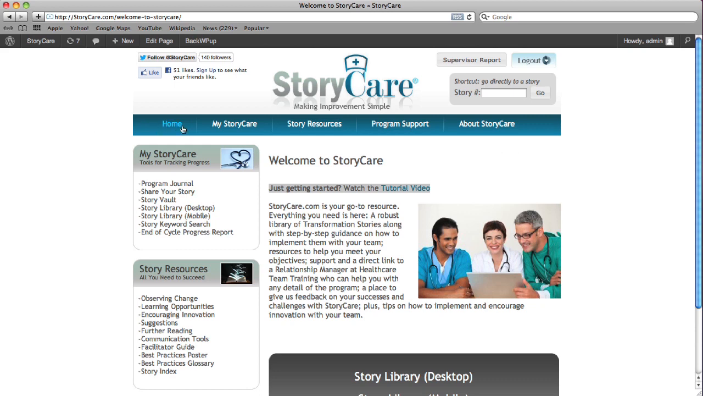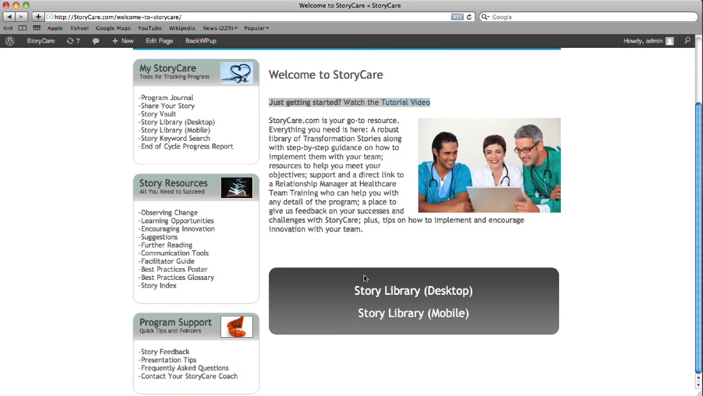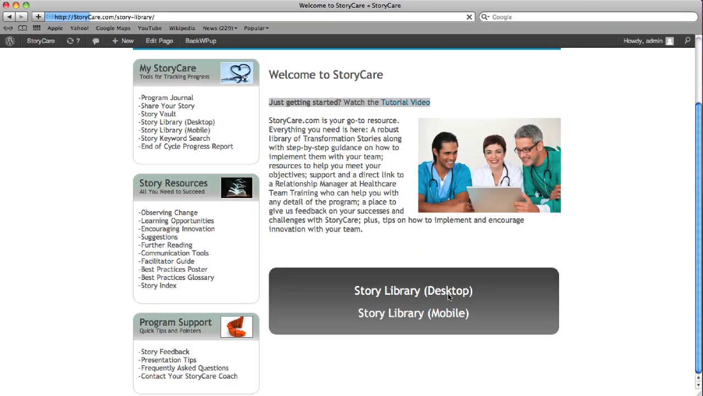But the most important thing in the website here is the StoryCare library. And it's available in a desktop version as well as a mobile version. So this can be used with an iPad or any other mobile device. They don't have to use it from their computer, but if they want, they can use it from their computer. So if I click on the library,